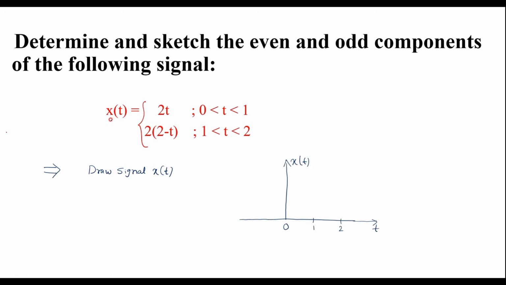So here we can observe that x of t is equal to 2t when t value is in between 0 and 1. Now at t equal to 0, the value of x of t will be 0. That is 2 into 0 is 0. That is this point. At t equal to 0, it will be 0. When we take t equal to 1, it will become 2. That is at t equal to 1, say this amplitude is 1 and here amplitude is 2. So now at t equal to 1, the amplitude of the signal is somewhere here, it is 2. So we'll join these 2 points.